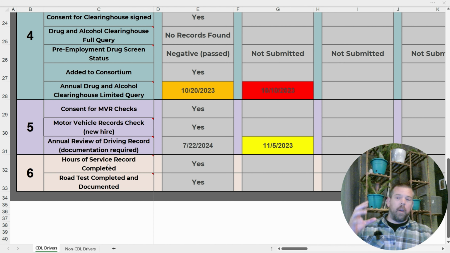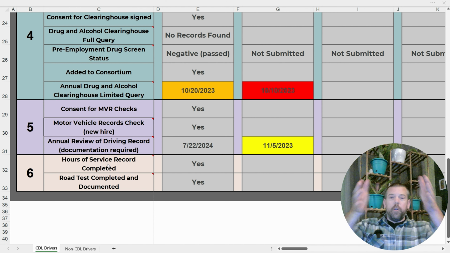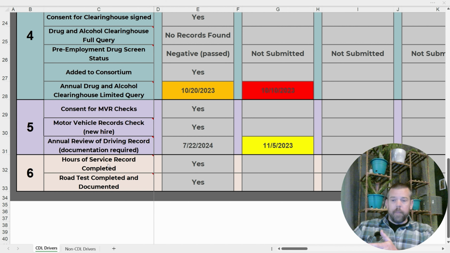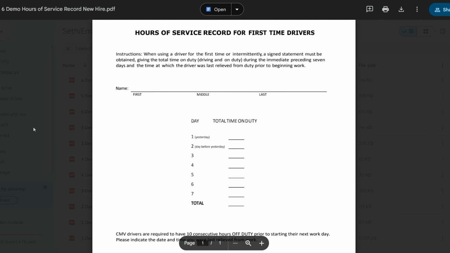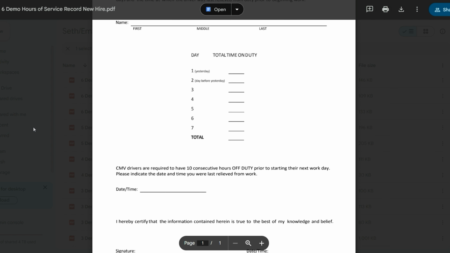And if you have an electronic logging device in your truck, that software should be set up so that the first time they get in there, they're going to enter their previous 7 days of on-duty time, because a DOT officer always wants to know what are you doing right now and what have you been doing for the last week. That's why there's always this previous 7 days thing. Okay, so again, if you have an ELD in your truck, that's going to take care of it for you. I always just get that information anyway from the jump. I just have them write it down on this sheet of paper. It's the previous 7 days and so on,